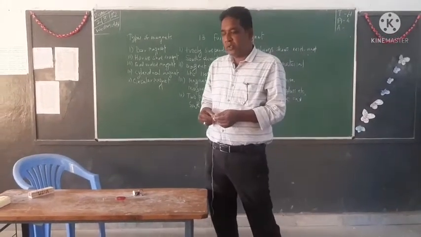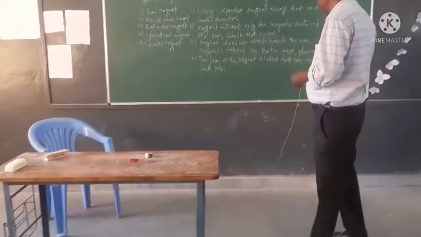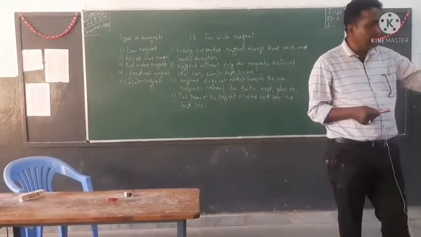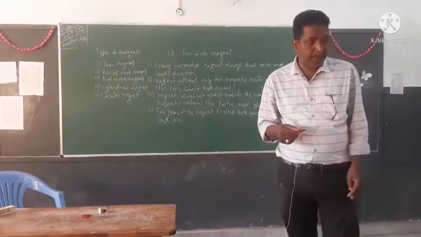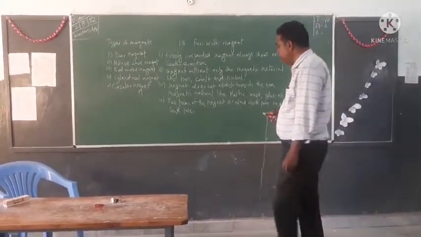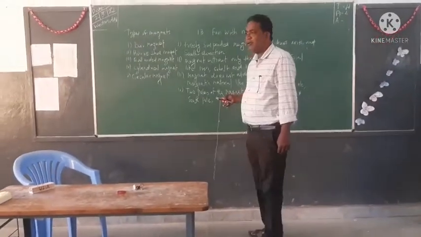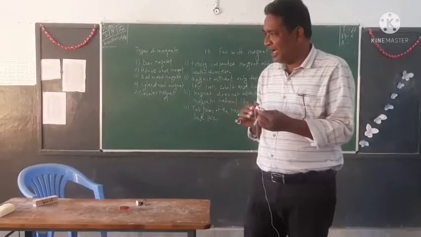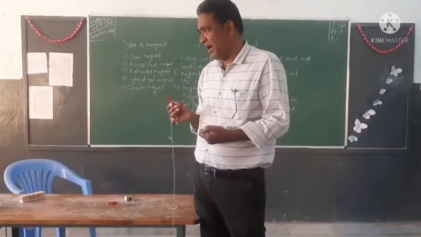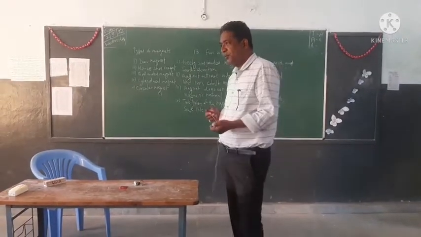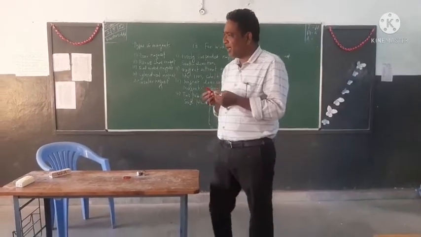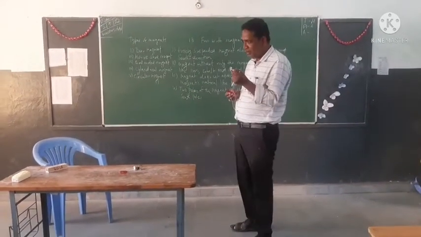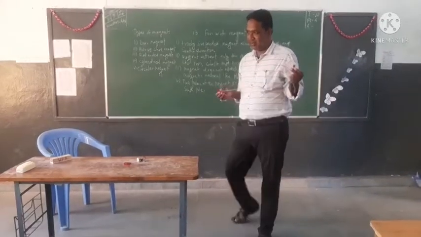Yes, sir. So do you know how permanent magnets are made? Permanent magnets कैसे होते हैं? Sir, वो permanently चिपकते हैं. And it is prepared by a mixture of iron, cobalt and nickel. A permanent magnet is a mixture of iron, cobalt and nickel. And a temporary magnet can be prepared when you put a non-magnetic material in contact with the magnet for a short period of time. Okay? And for a short period of time, it will convert into a magnet.